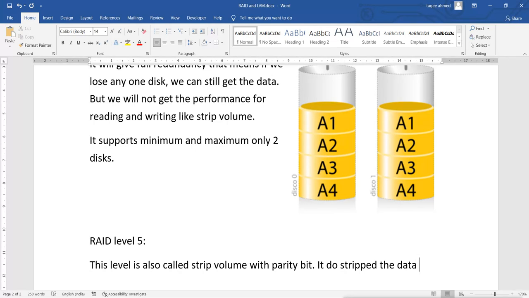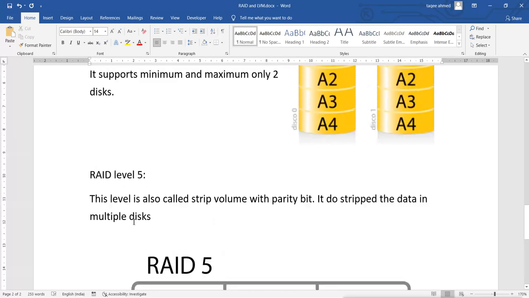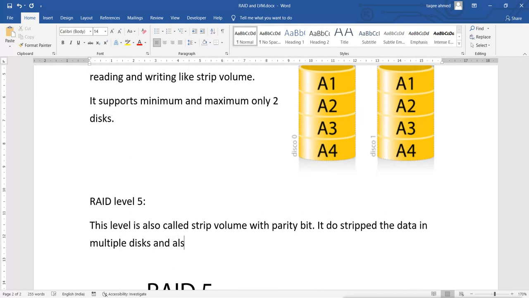It will stripe the data across multiple disks, and also it stores the parity bit. The parity bit is for redundancy.